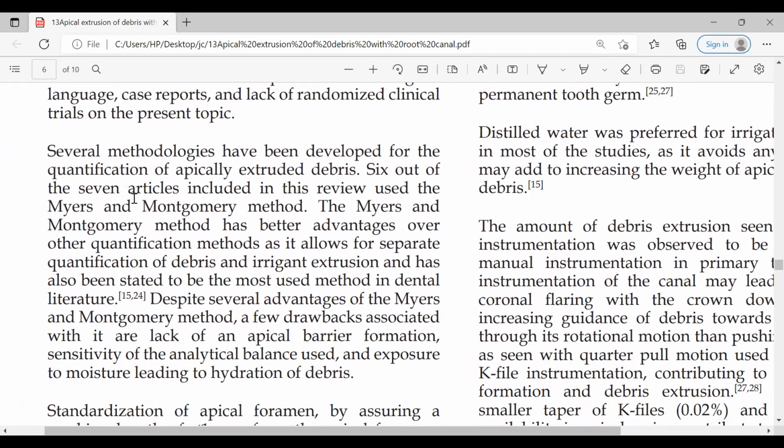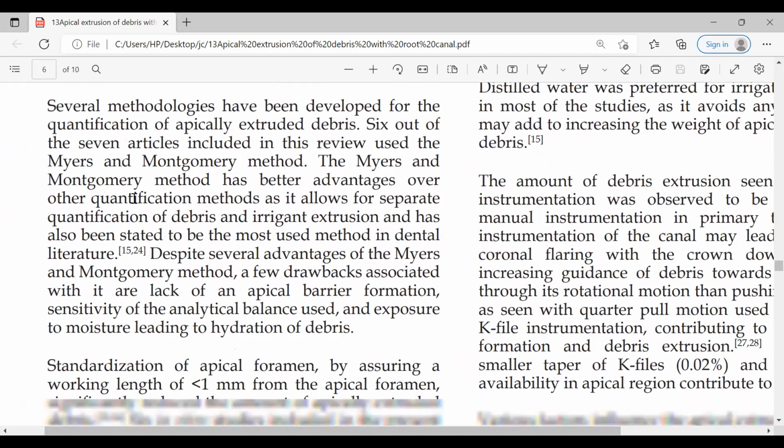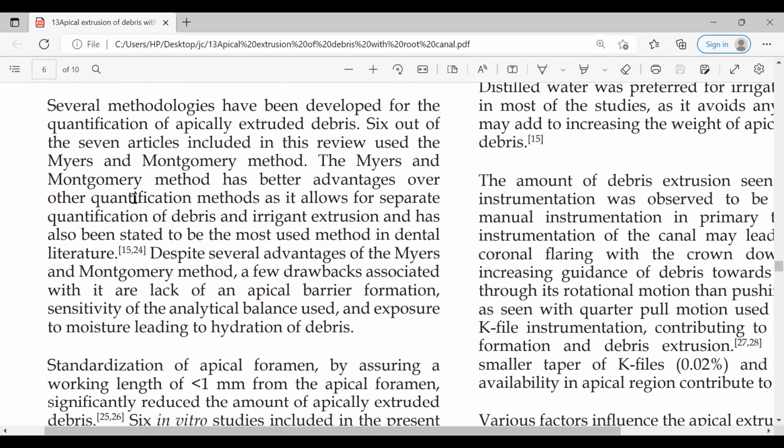Six out of the seven articles included in this review used the Myers and Montgomery method. The Myers and Montgomery method has been advantageous over the other quantification methods as it allows for separate quantification of debris and irrigant extrusion, and has also been stated to be the most used method in dental literature.